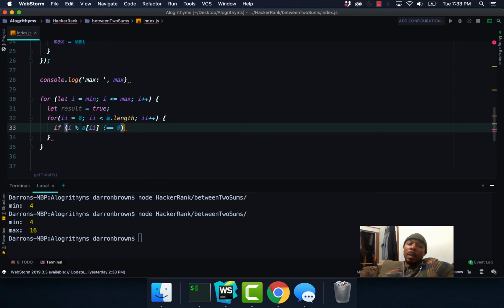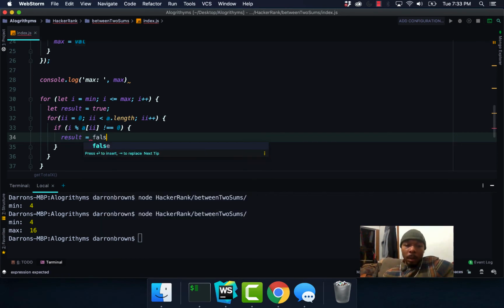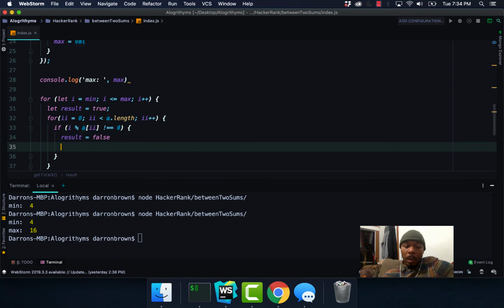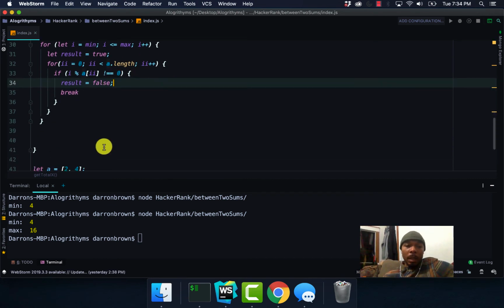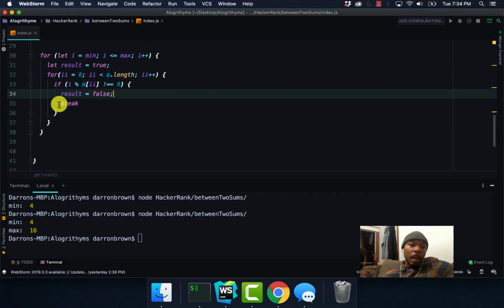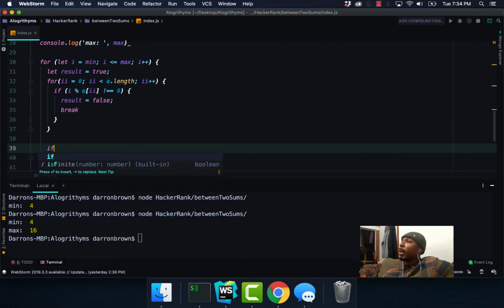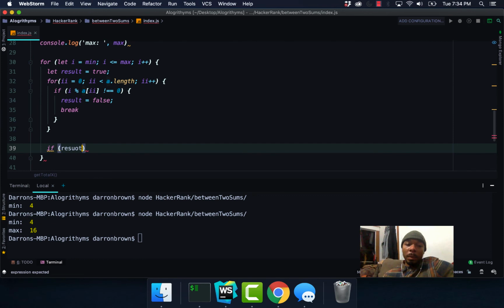If it's not 0, then that means that it's going to be false. False. We're going to break out of our loop. And now for our next condition, if our result is actually true,